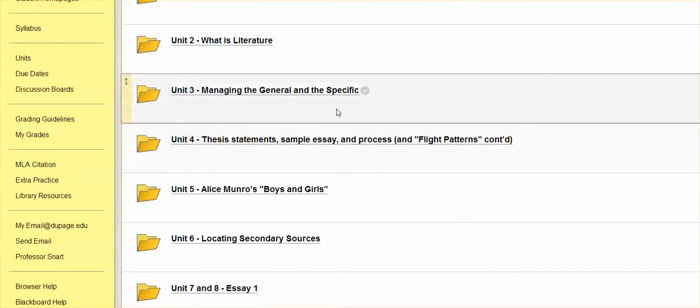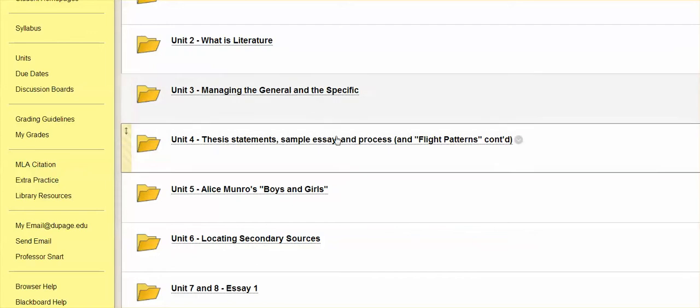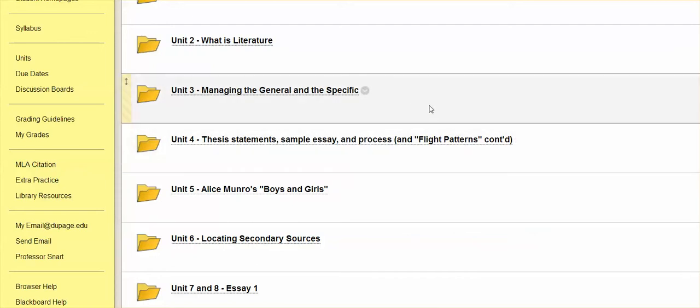One of the things I want to remind people of is that because many of our units depend on a post but also responses, I really want to make sure that people are making an effort to do the work on time, not just at the last minute, because a lot of classmates could be waiting for posts to respond to. If too many people are waiting to post an original paragraph or discussion board post, not only does that not work well for your work, but it also hampers your classmates.